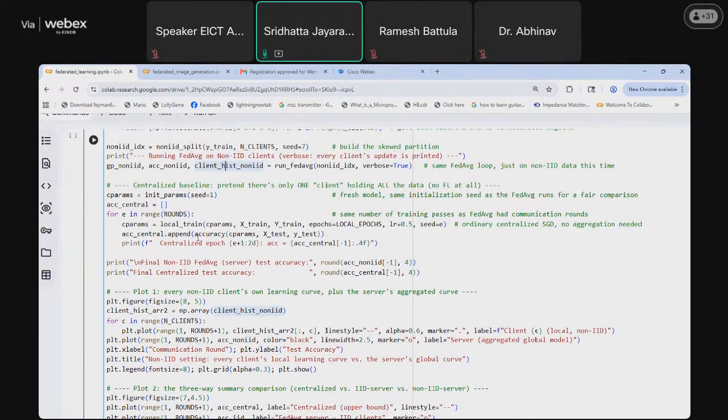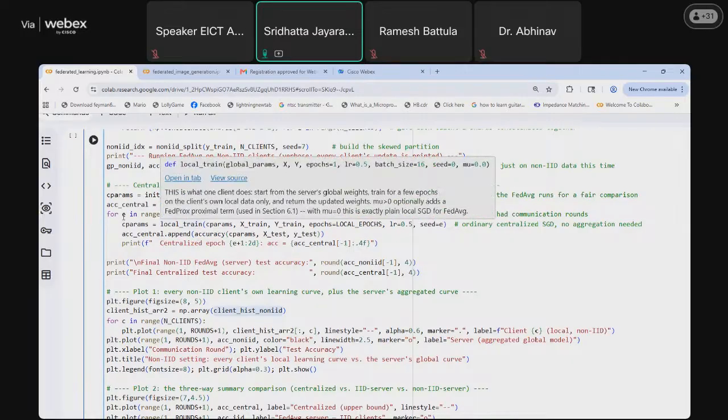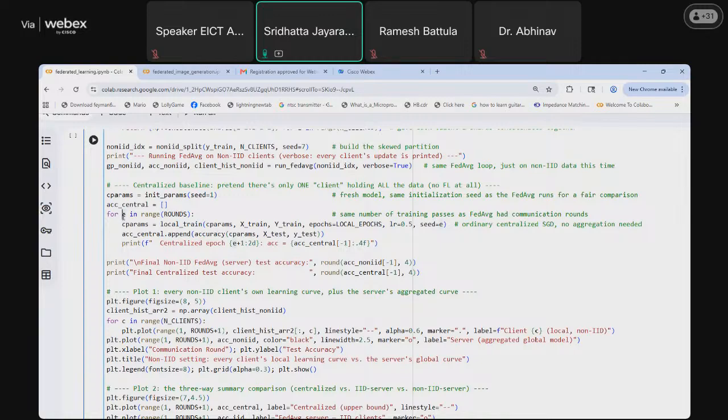So now, to also have the implementation of the upper bound, we will train our server model on this data.